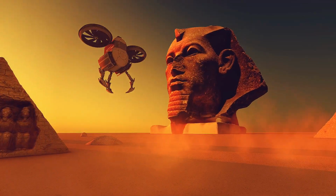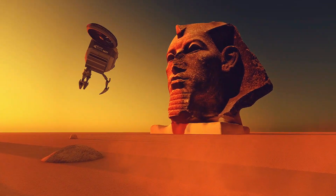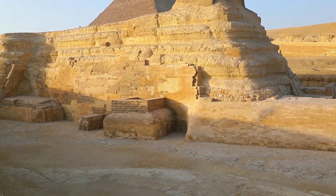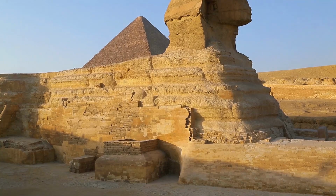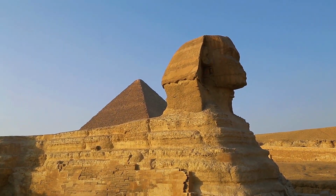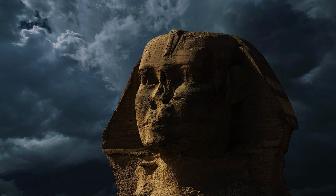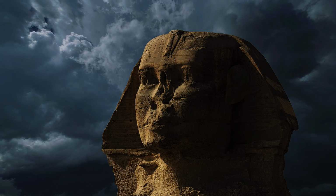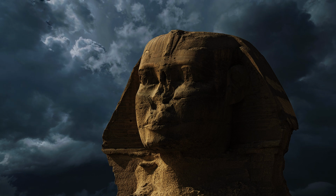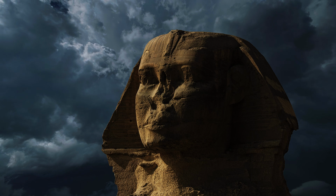We all know the Sphinx has taken a beating over the centuries. Between the wind, sand, and temperature extremes, the erosion on the Sphinx is real. But what's fascinating is the pattern of the erosion. The damage to the lower parts of the Sphinx doesn't quite match up with the typical wind erosion we'd expect in the desert. It's much more consistent with water erosion, which leads some researchers to believe the Sphinx is much